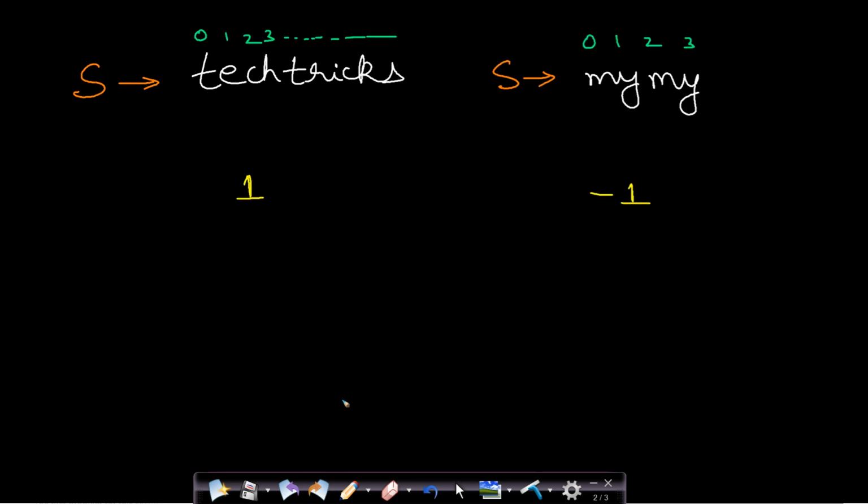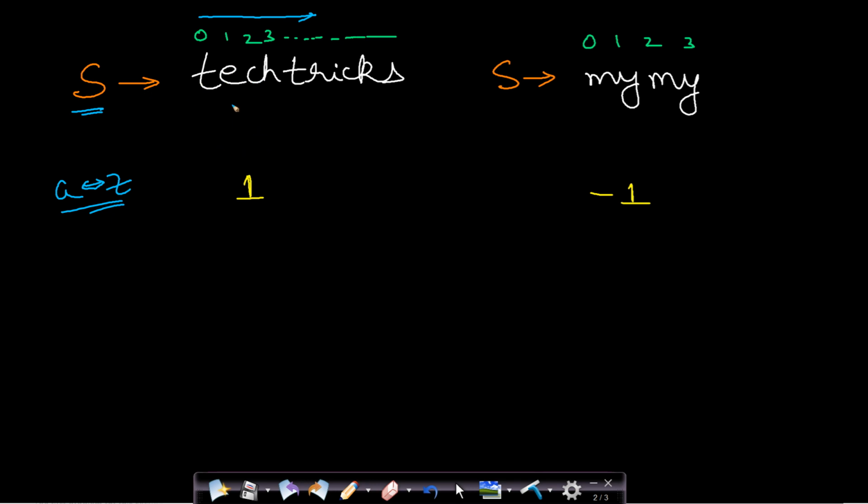So let us look at the problem statement. The problem is very simple. Given a string S all in smaller letters, that is from small a to small z, the characters can be in this range. Find out which character from the left hand side is the first unique character. If you can find such a character, then return its index, otherwise you need to return -1.